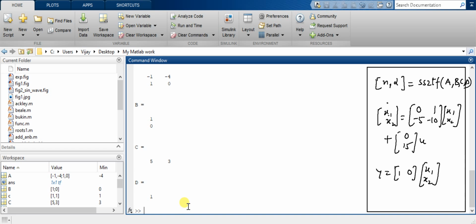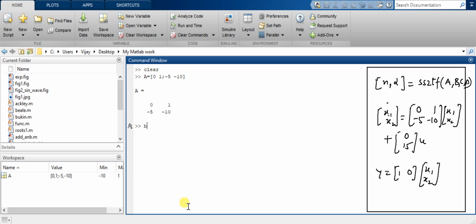So let's take a equal to, first clear the command window and then clear the workspace, and then define a equal to 0, 1, minus 5, minus 10, and b equal to 0 colon 15,